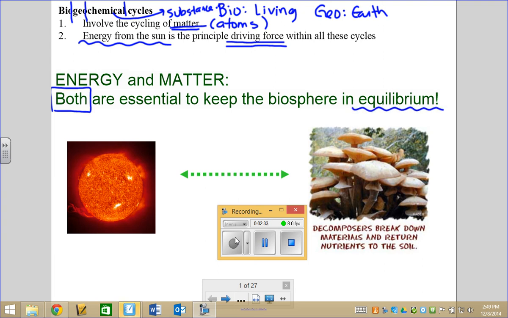Now I'm using the word equilibrium here, but I'm going to make a parallel to something that you all just finished doing. Let's talk about homeostasis. Just like the human organism is trying to keep constant internal conditions, our planet as a whole is trying to maintain constant conditions. And so we're looking for equilibrium, and equilibrium is maintained because of the cycling of energy, like we saw in chapter 1, as well as the cycling of matter, like we'll see in chapter 2.